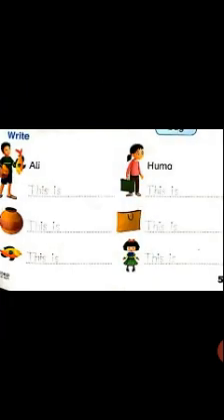Okay, look at the first word, NET, net, STICK, stick. Number 3 is POT, pot. Number 4 is FISH, fish. Number 5, DOLL, doll. And number 6 is BAG, bag. Okay beta, now look here. We will write on these lines. Now the dotted letters words are given. We will trace them. Like at the first line, this you will trace IS.